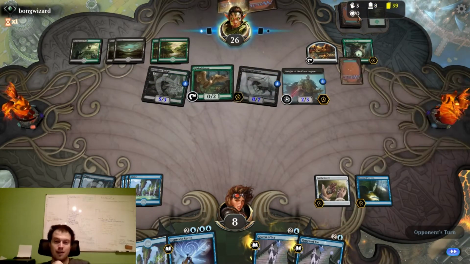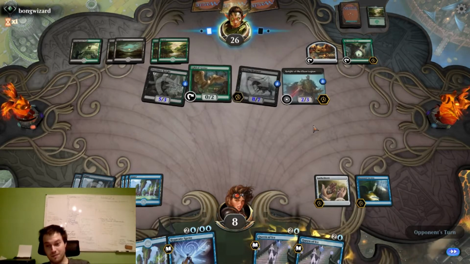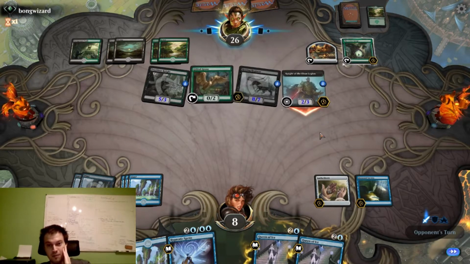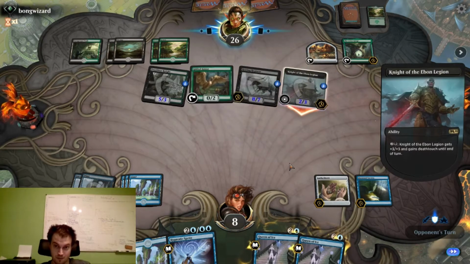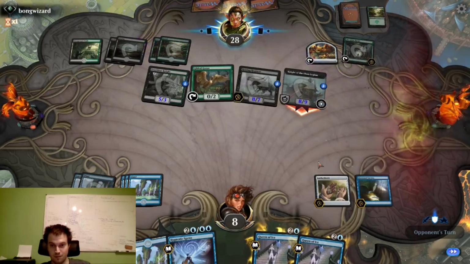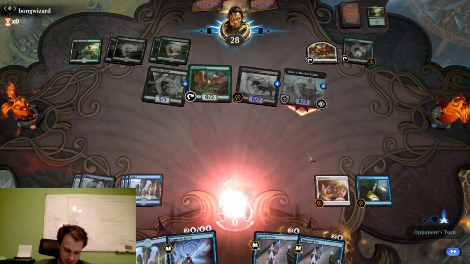They have to discard a card every turn, although they can't do anything with the Regisaur until now. Which is nice. A Brazen Borrower would help me here. Could bounce both cards. Still probably wouldn't be enough. Oh yeah, and the Knight can just kill me. Okay, that's the first